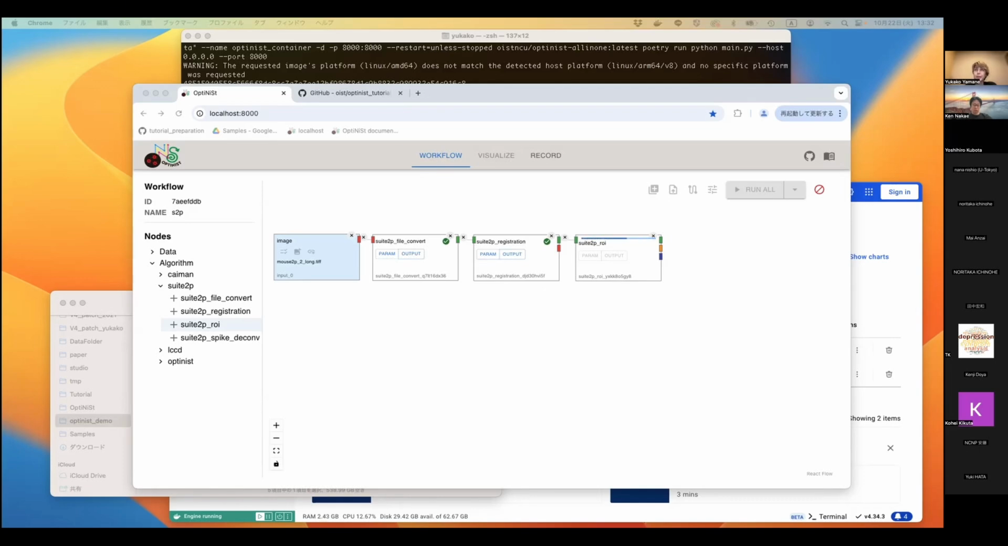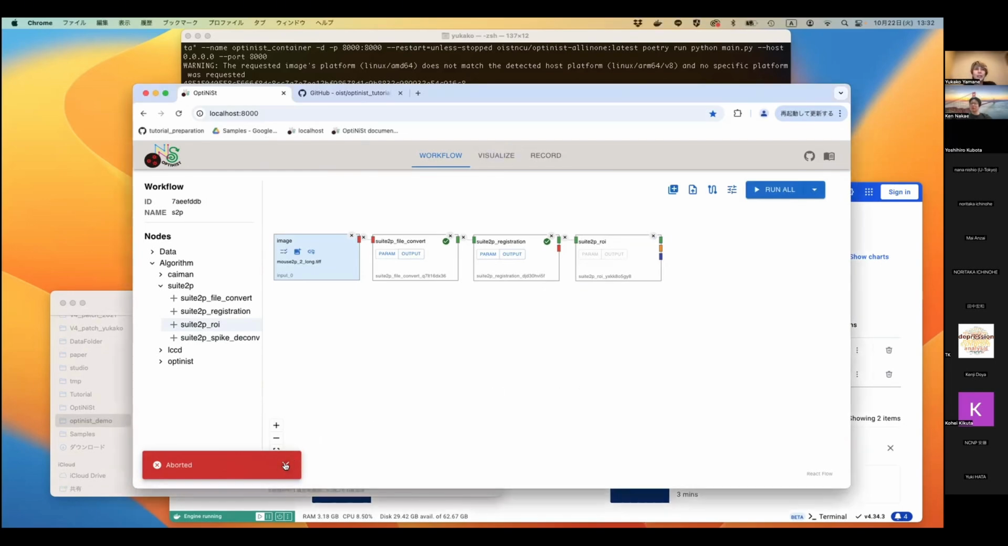Okay, I think we're almost done. Oh, aborted. So in my case, this is finished and seems to work well. Okay. Yeah, sometimes it looks weird, but anyway,